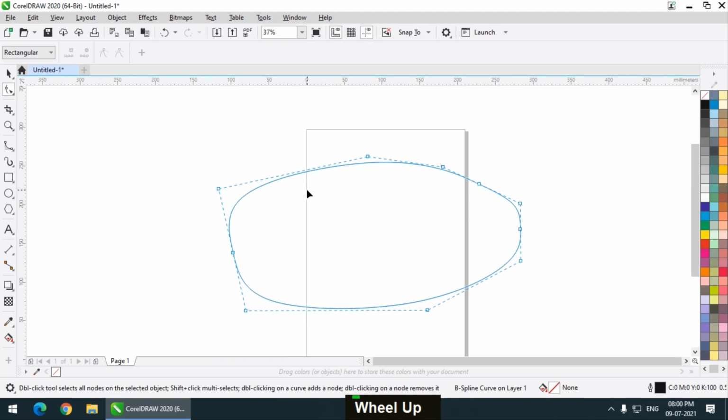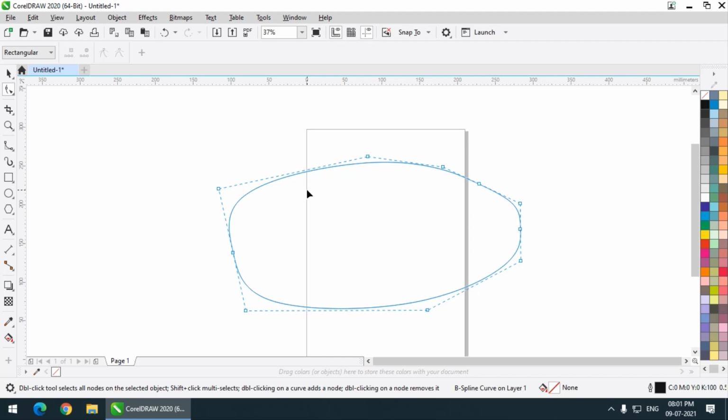So this is basically the B-spline tool. If you want to use the tracing method in a slightly different way, then instead of using the pen tool or the Bezier tool, you can go for the B-spline tool, particularly when you are creating a rather smooth shape or curved shapes instead of so many lines.